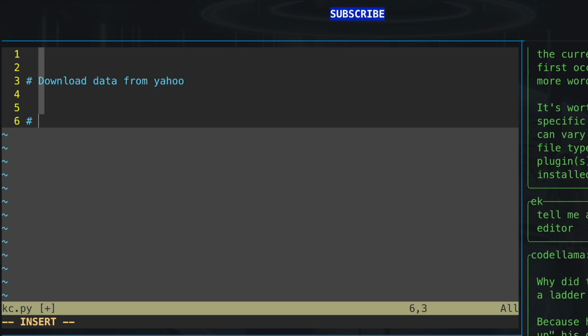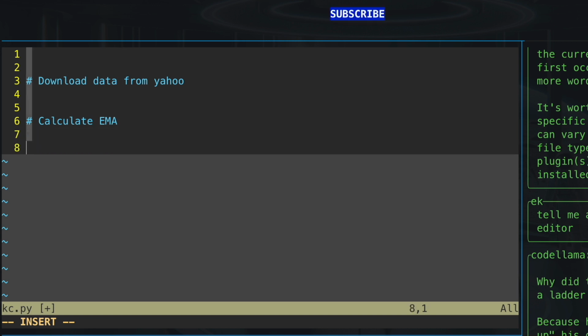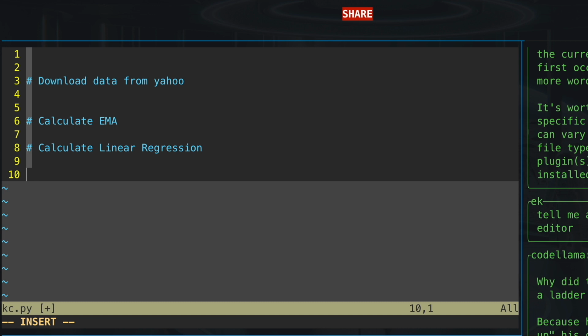Then we are going to calculate EMA, and then we're gonna use a linear regression. And then we're gonna plot,